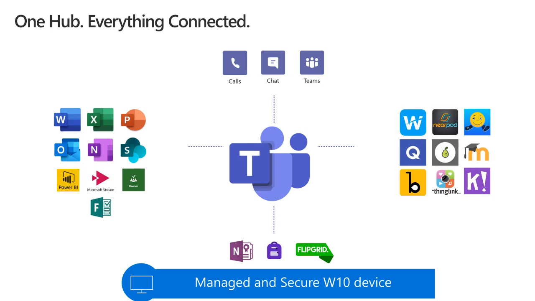So if we just go one further around there, we can see on the right hand side that we've got some of the third-party apps that we know are really powerful and that we're seeing organizations use, not just in the UK, but around the world, to add extra abilities to Microsoft Teams to bring everything in to be able to use in one place. Things like Quizlet, things like Kahoot, for example, that lots of people are using to make sure that they're adding in some interactivity in different ways into how they're delivering for students to learn, and also making sure that they're checking learning by using those to see what the students have been up to and what they're doing.